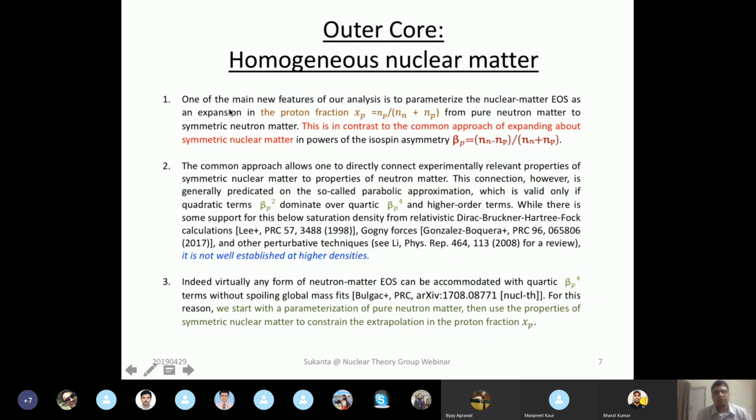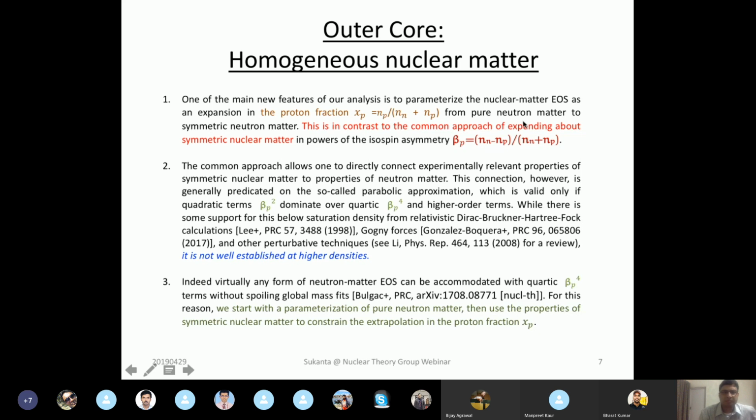Number one, one of the main features of our analysis is to parameterize the nuclear matter equation of state as an expansion in the proton fraction, XP, which is given as the number density of protons divided by the baryon number density. So we expand the equation of state in powers of the proton fraction about pure neutron matter,